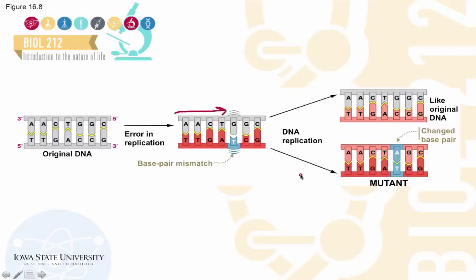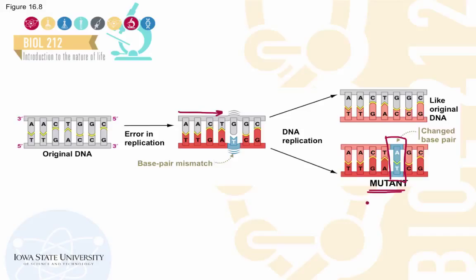Now, usually DNA polymerase is pretty good at fixing these errors, but sometimes these errors fail to get fixed and result in a completely changed base pair in the new DNA sequence that results in the formation of a mutant gene. Now, mutant genes are not always harmful to an organism's health. They can lead to differences or generate new alleles of genes, but sometimes these mutations can have a negative effect